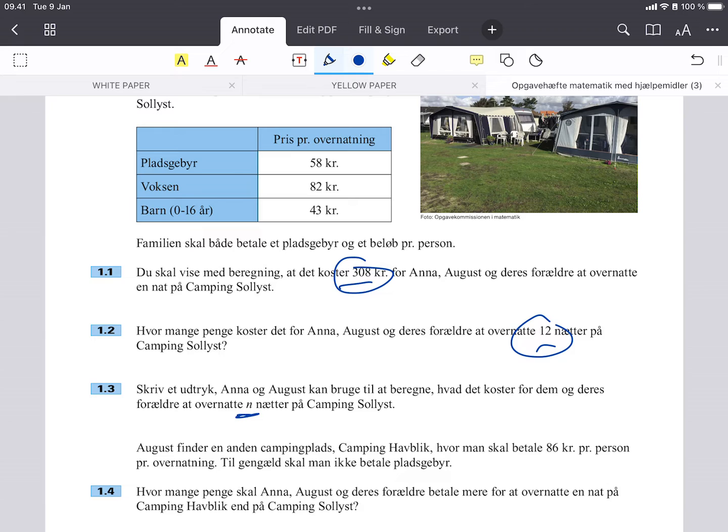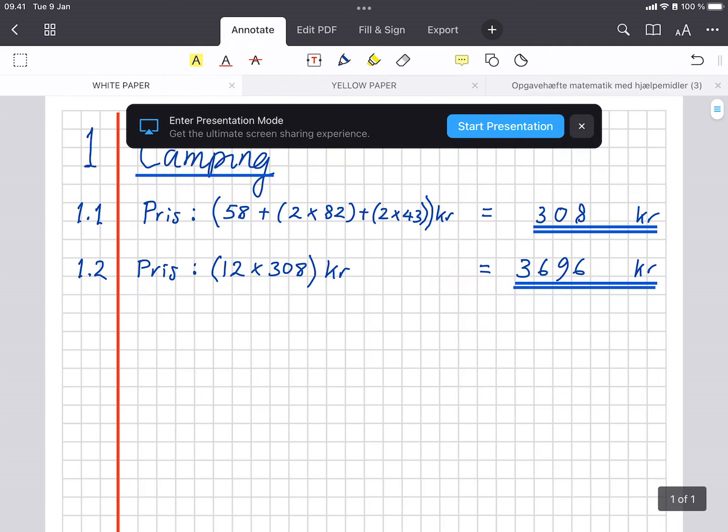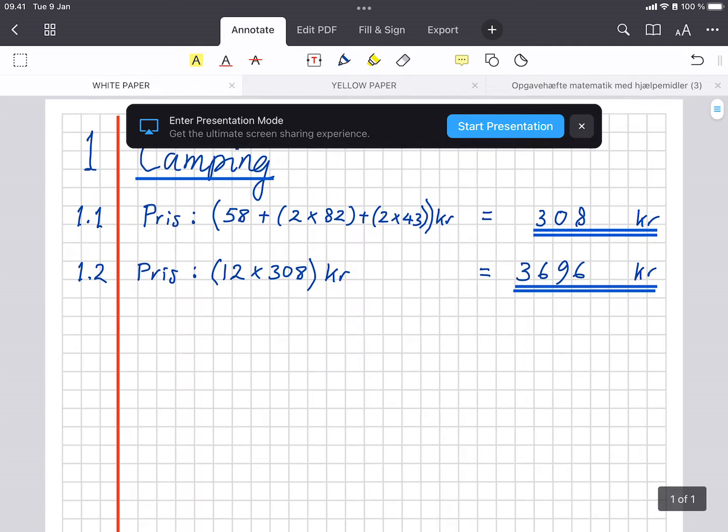Okay, so 1 night costs 308, 12 nights cost 12 times 308, so it's just 308 times the number of nights, which we're calling N. So again, I don't really need to go to my yellow paper to think of that. I can go straight in with